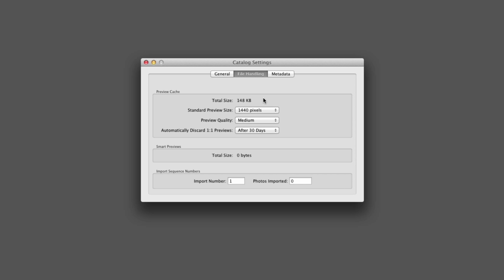Now onto the file handling. What you're going to have here is your standard preview size. This is going to depend on your monitor resolution. What I recommend is to set it to the highest possible setting you can get for the monitor that you are using. On mine, I'm using an iMac, 2048. It's about as big as I want to go. The 2880 I could probably get away with, but 2048 gives me really good results. If you're using smaller monitors, laptops, you want to go with one of these others that most closely matches your monitor